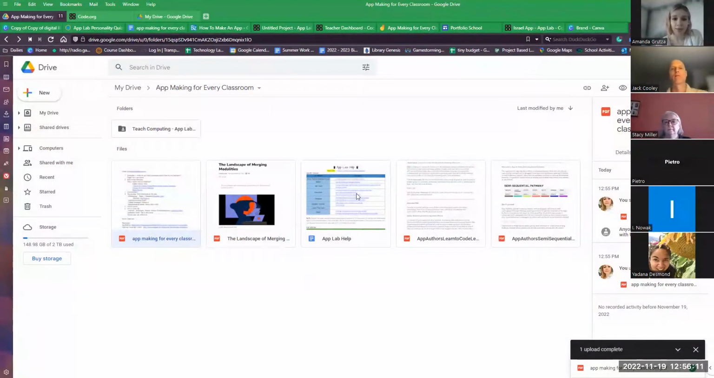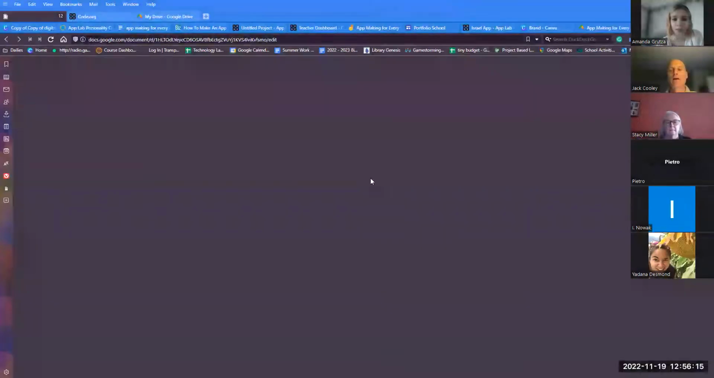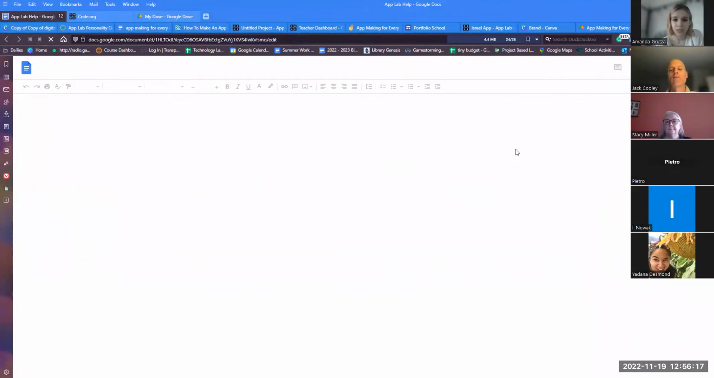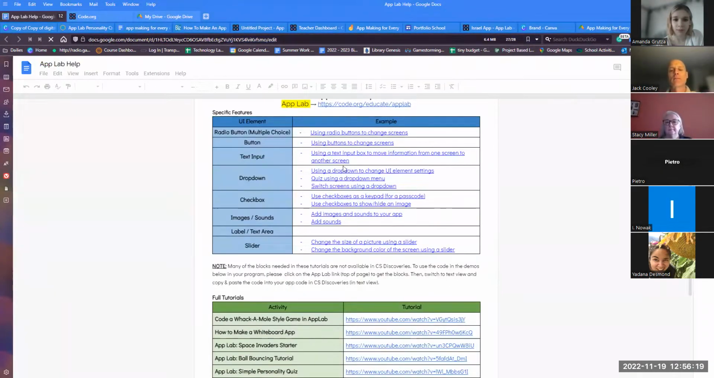There's also an App Lab help resource guide. So if you click on this, there's just a ton of, if you have specific